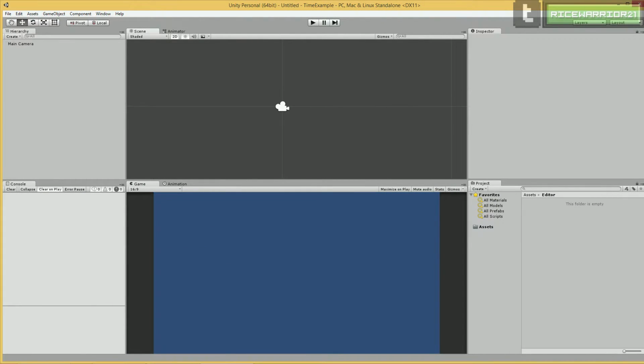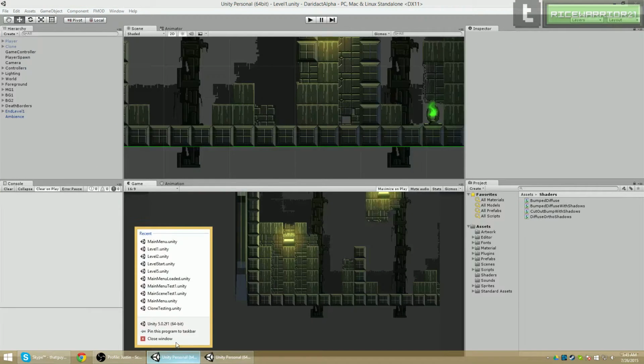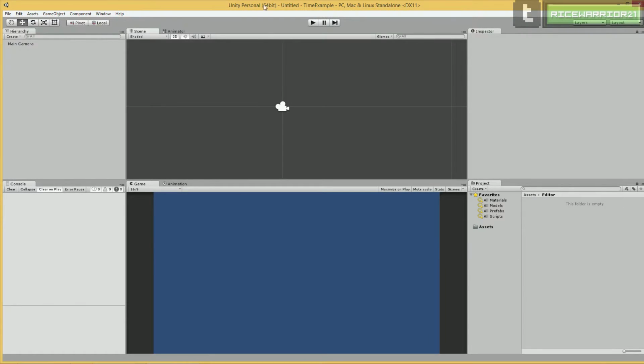So let's try it. Let's go ahead. First I'm going to go ahead and close this actually. So I'm going to try and do this with the basic Unity 2D tools. Just a heads up, I think this is probably going to be an intermediate tutorial,